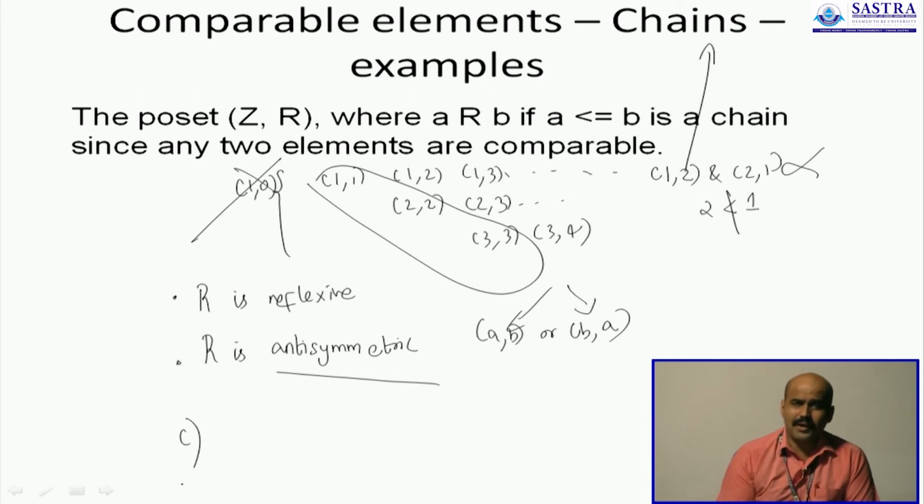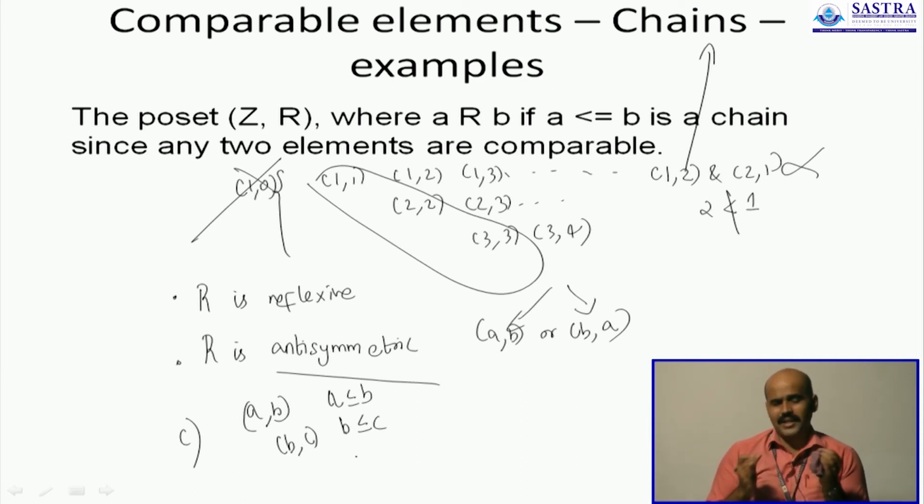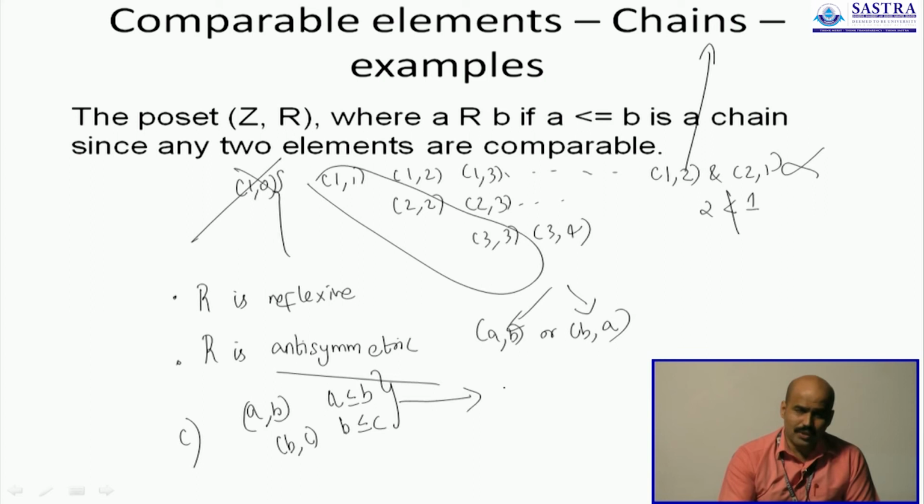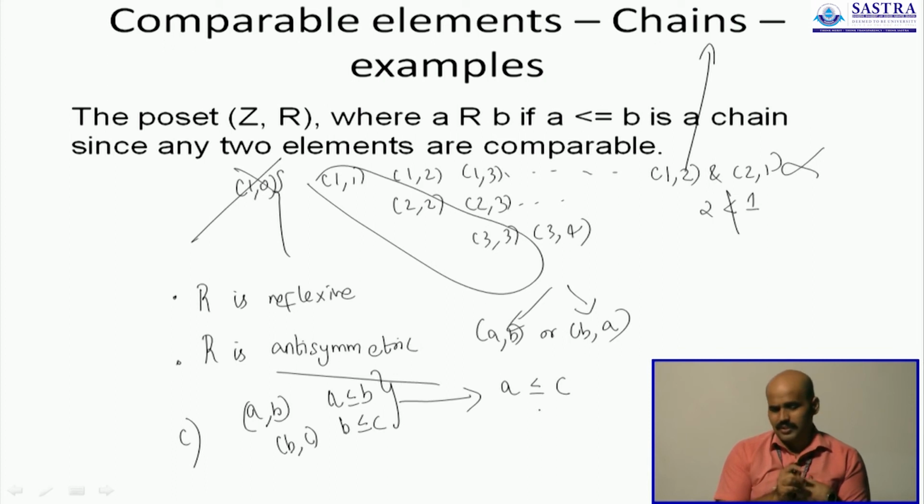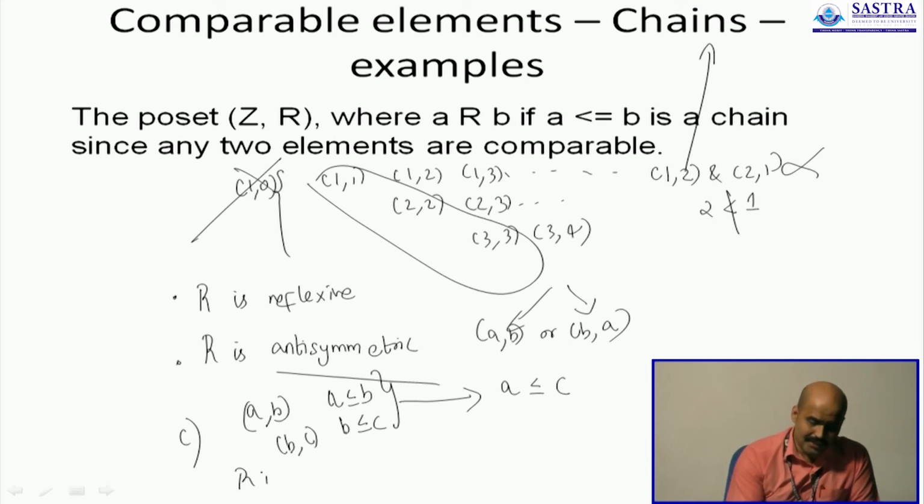And towards the last part, let's explore the possibility where this is also transitive, and that is very easy again. When I have AB, I mean A is less than or equal to B. When I have BC, I mean that B is less than or equal to C. And since we are only comparing numbers, these two statements indicate that A will always be less than or equal to C. So for two pairs AB and BC, we are able to show that a third pair is also present, and therefore you will see that R is reflexive, R is antisymmetric, and R is also transitive.